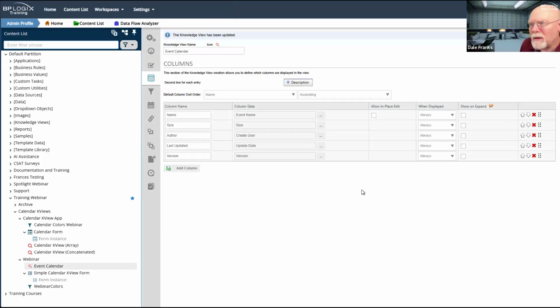So just a little weirdness about how knowledge views work. The first column in a knowledge view, if you're seeing it in a grid, is always the clickable column. Generally, what we show in that column is the form instance name most of the time because we're returning form instances. So that is the default. So I've changed that here because I'm not really interested in looking at this knowledge view in a grid.